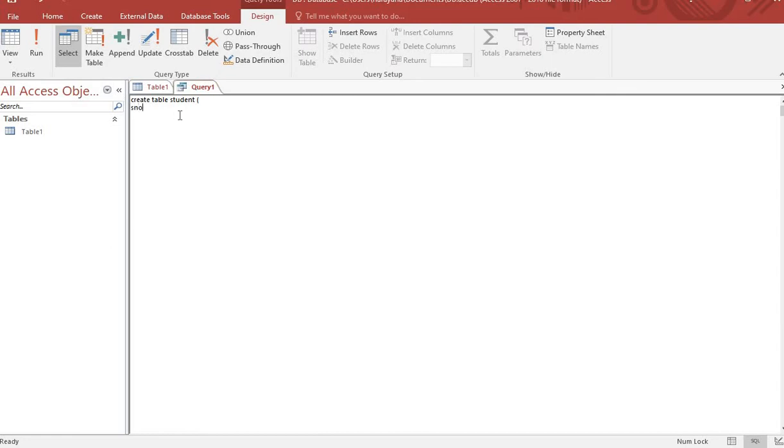Student number first, and after that integer, comma, student name, S name, means student name only. Here varchar of 20 means I am giving 20 spaces for this field name.